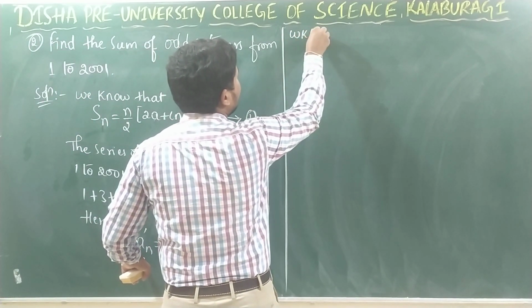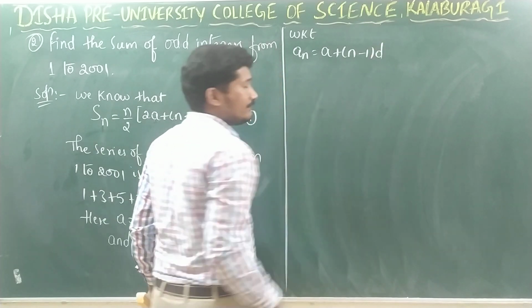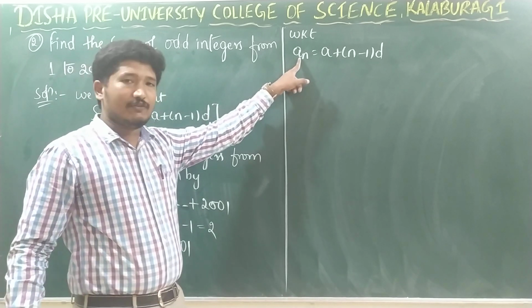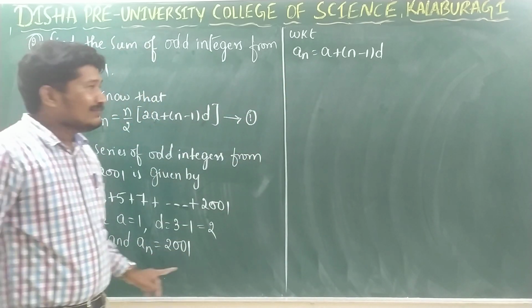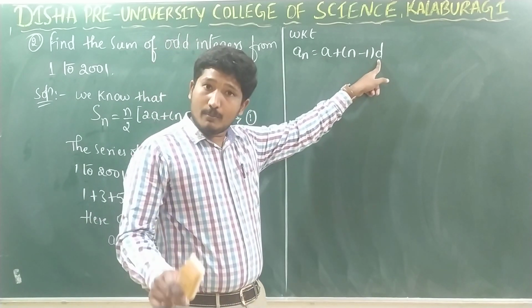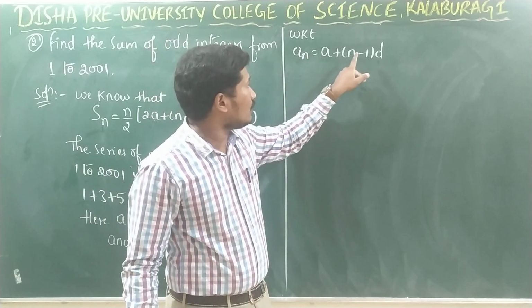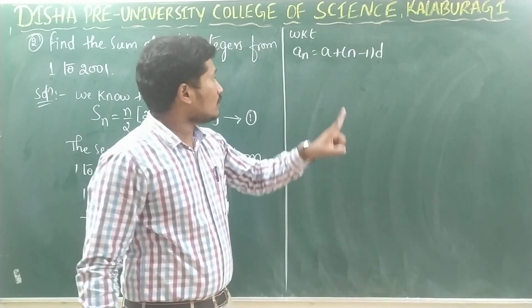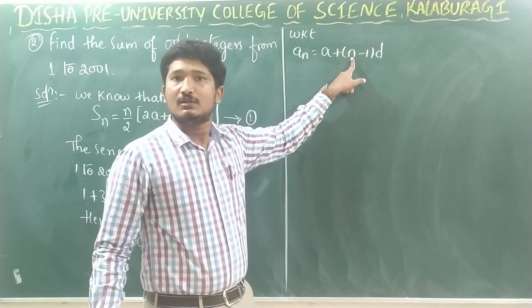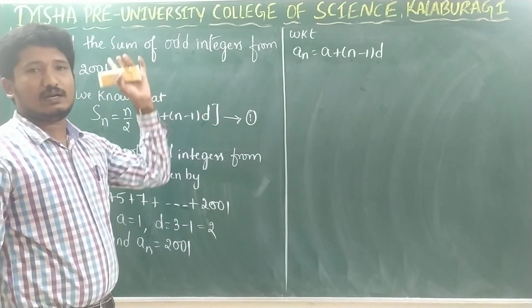The value of n is calculated by using the given nth term. See, we know that an is equal to a plus n minus 1 into d. We know the nth term of the arithmetic progression. We have the value of an, the first term, and the common difference. So there are 3 known terms and only 1 unknown term. Can we substitute all these terms and calculate the value of n? Yes, we can do it. So let us substitute those and calculate the value of n.